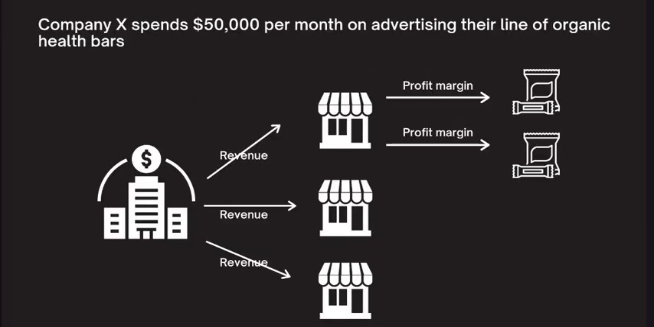So, for example, Company X spends $50,000 a month on advertising their line of organic health bars, which are sold exclusively to 3 health food stores for a total revenue figure of $400,000. We want to assign this cost proportionally to the store and product level. First, we allocate 100% of our $50,000 advertising expenses to our 3 stores, weighted by revenue. Then we take the step 1 amount and allocate to just 2 flavors of health bar. So the chocolate healthy bar is assigned 60% of the $31,250, which is